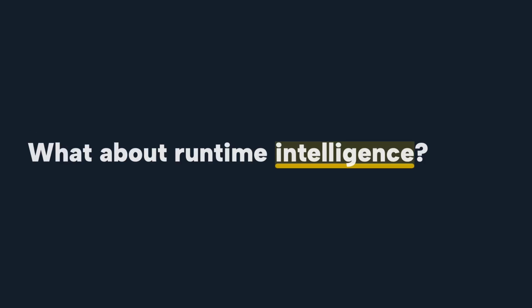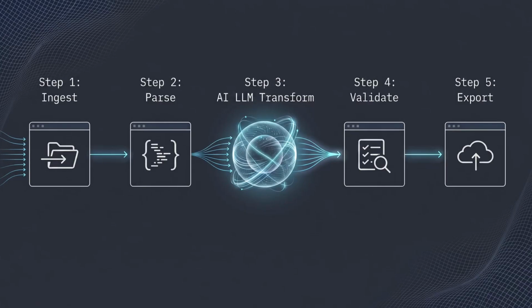And what about runtime intelligence? A good argument is, hey, probably the reason why you had an agent in the first place was because you wanted some kind of intelligence or judgment as part of this workflow. And it makes total sense. But the truth is, this pretty naturally flows directly into the program synthesis. There's no reason why you can't have, as part of your program, an LLM transform step, right? And this is probably how we all started anyway. So most of us didn't really start by building agents. We started building programs that had an LLM transform step or a classifier instead of an existing program.